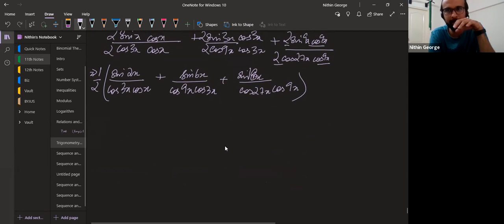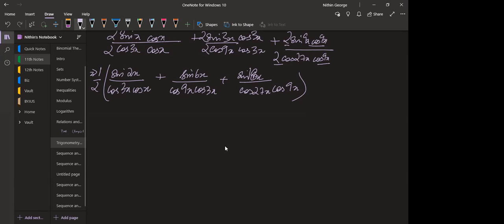But guys, just look at the angles. Can you figure something out? The angles in the numerator, the angles in the denominator, are they related? Sir, if we subtract, like... Sorry? Can we apply the...